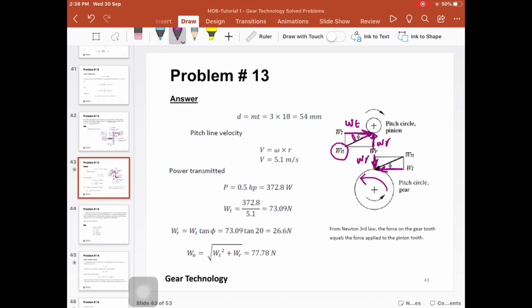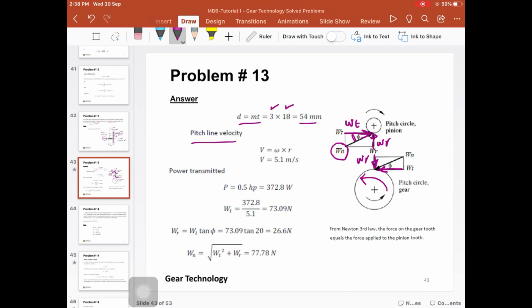angle. We have to calculate the velocity of the pitch point, because this will allow us to calculate the tangential component of the force. In order to do that, we need to find the diameter of the pinion first. So we use this nice equation. The diameter of the pinion is equal to the module multiplied by the number of teeth. The module is 3, number of teeth on the pinion is 18, so this gives us 54 millimeter diameter of